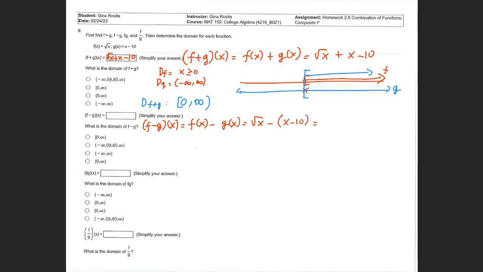We have to simplify using the distributive property. So it becomes square root x minus x, and the negative of a negative term becomes positive 10. The domain is the same, almost like the first one. So the domain of f minus g